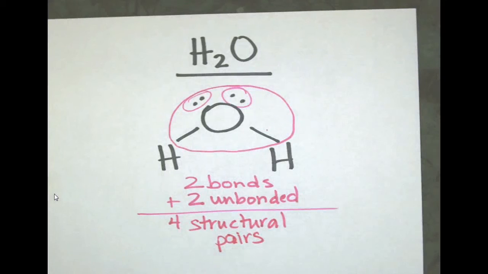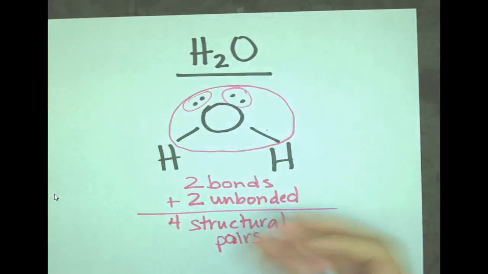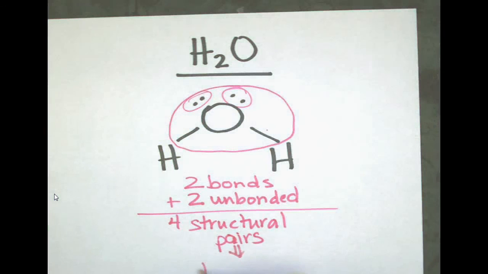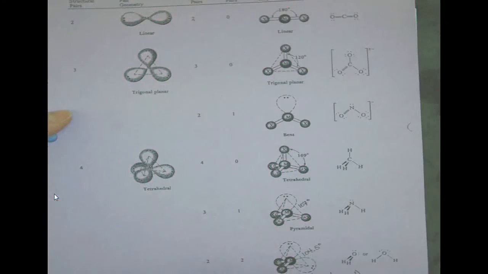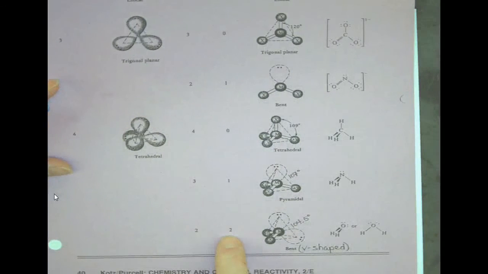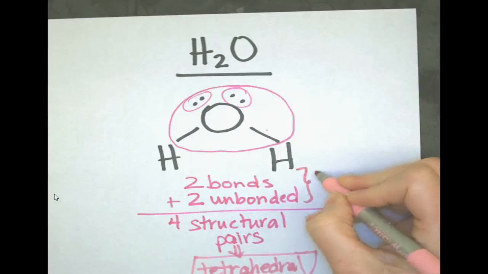I go back to my reference page. On my reference page, 4 structural pairs tells me it is tetrahedral. Going back to our bonds and unbonded, we have 2 and 2. 2 bonds, 2 unbonded. That tells us that the shape is bent or even V-shaped. So we're just going to use bent